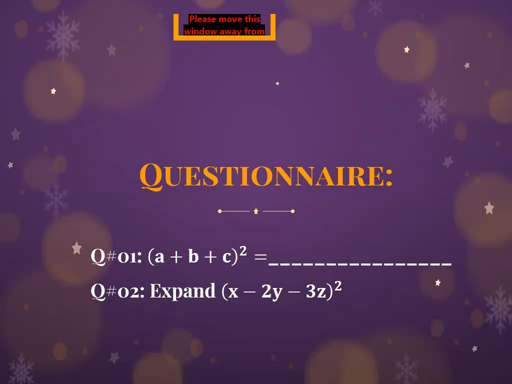Okay, new admission. Yes, Roha, your answer is x square plus 4y square plus 9z square minus 4xy, and 2 times 3 is 6, 6 times 2 is 12, so minus 12xz, minus 6yz. Okay, and the last one will be minus.